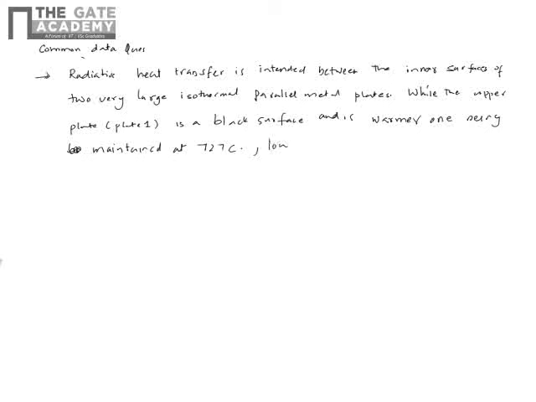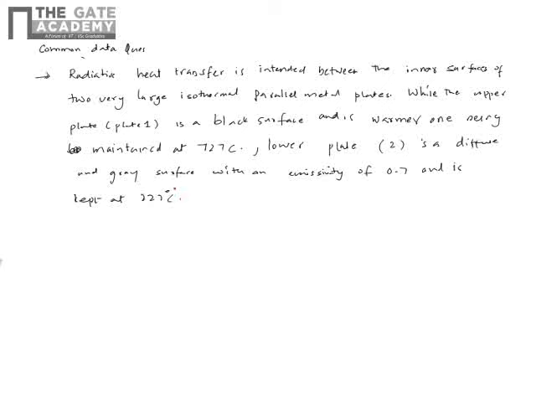The lower plate, plate 2, is a diffuse and gray surface with an emissivity of 0.7 and is kept at